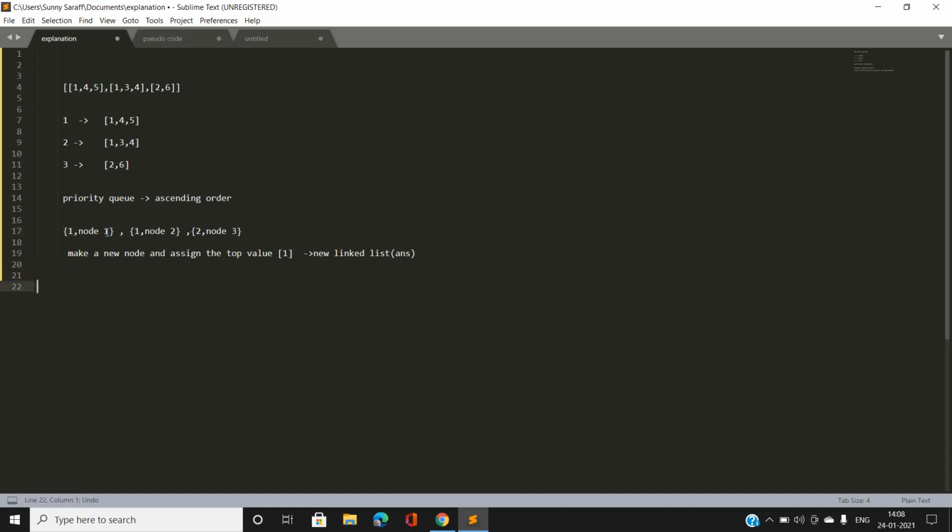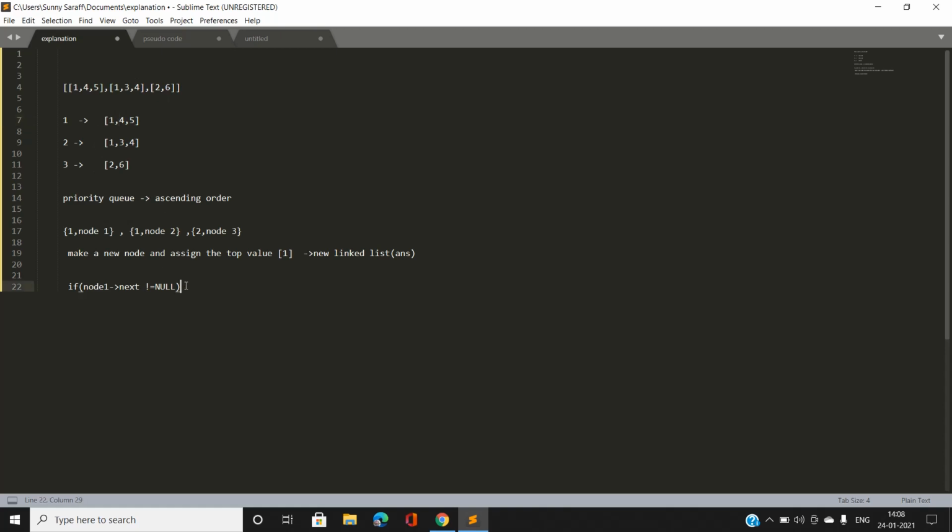We also have this node 1. We will check if node 1's next is not equal to null, which means there are more elements in the linked list. We are going to push the next element just after that, because all the linked lists are sorted in ascending order.